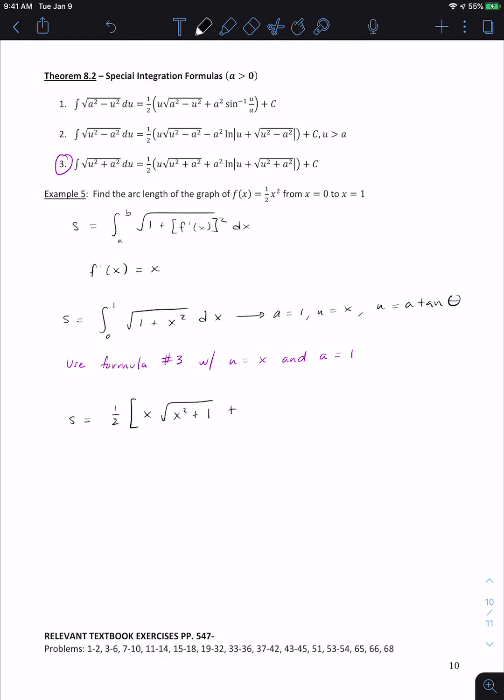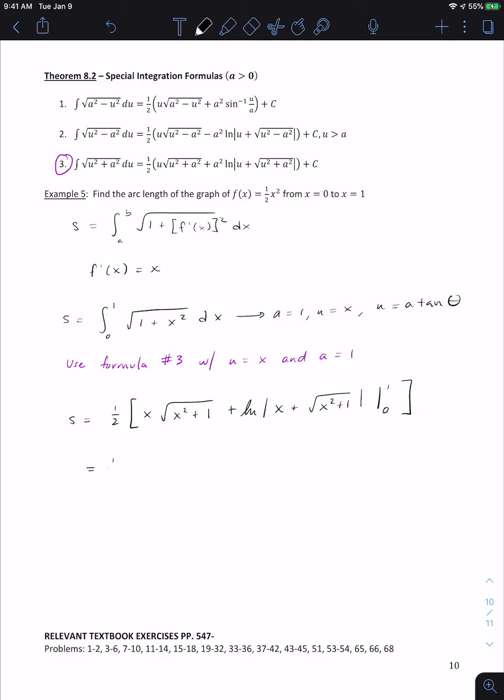A is 1, so 1 squared ln of u, which is x, plus the square root of x squared plus 1. Notice the square root of x squared plus 1 is the same as the square root of 1 plus x squared, right? And then instead of the plus c, I'm going to evaluate that from 0 to 1,